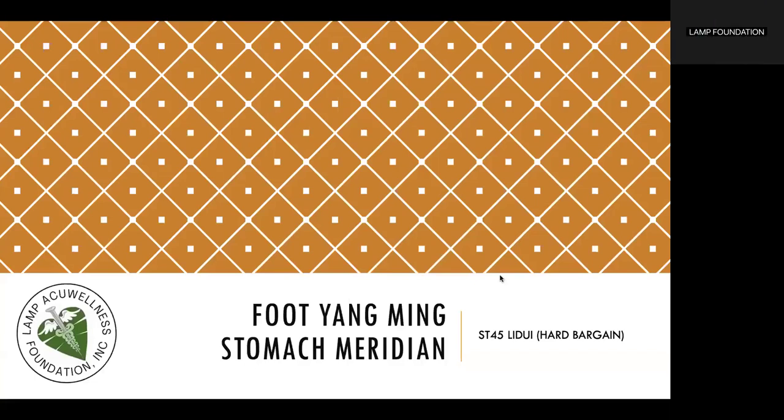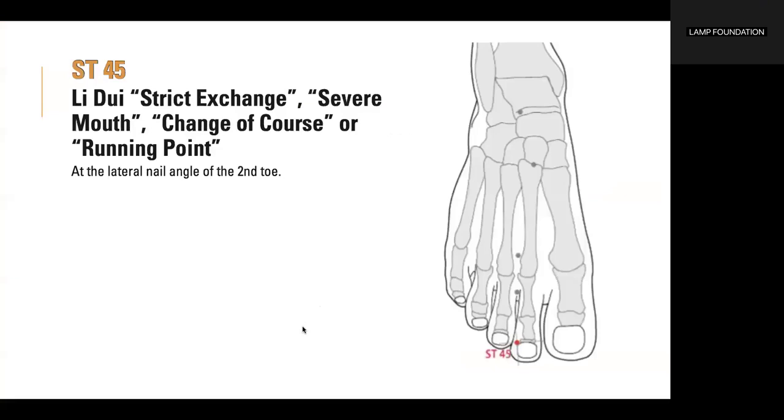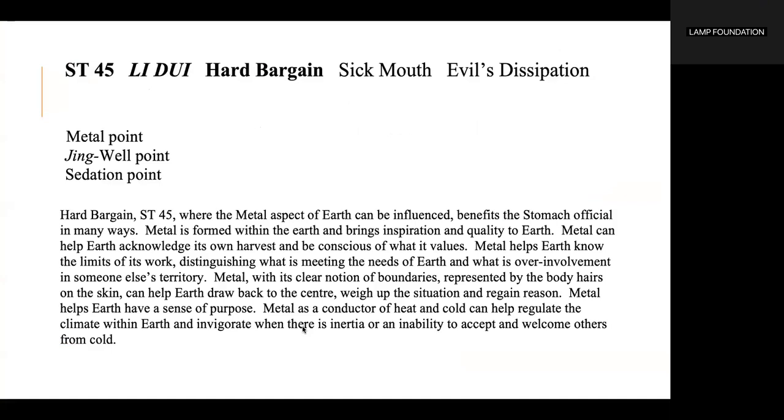Let's discuss Stomach 45, Li Dui, Hard Bargain. Stomach 45 is located at the lateral nail angle of the second toe. It is a metal point, Jing-well point, sedation point. Hard Bargain, Li Dui, Stomach 45, where the metal aspect of earth can be influenced, benefits the stomach official in